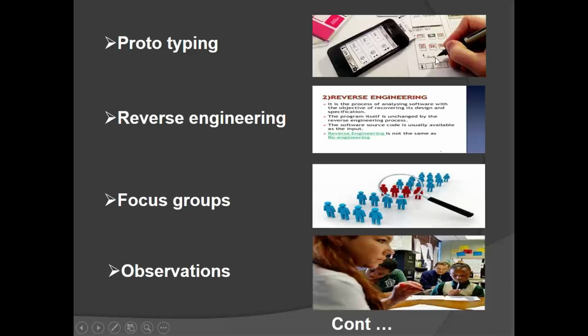Then the BA will note this and he will go to the designer and he will say, the client wants 9 icons in that. So decrease the size of each icon and ensure that 9 icons are coming in this screen. Then designer is going to decrease the size and he will ensure that 9 icons are coming, and he will prepare that prototype and show it to the BA. Then BA will take it to the client and show it to the client. Now client says, okay, now this is fine, you can put in the development process.